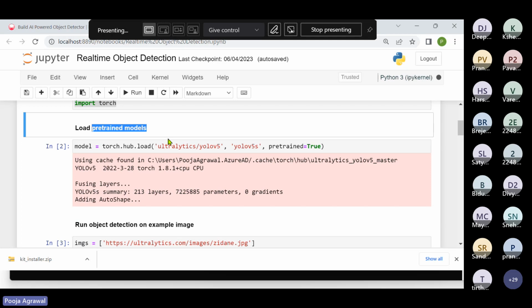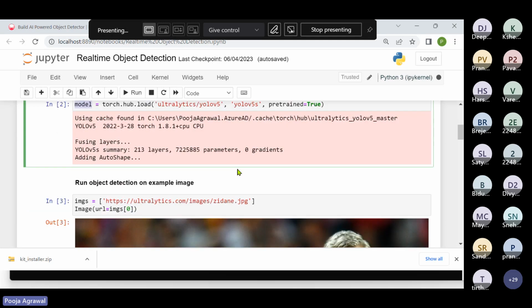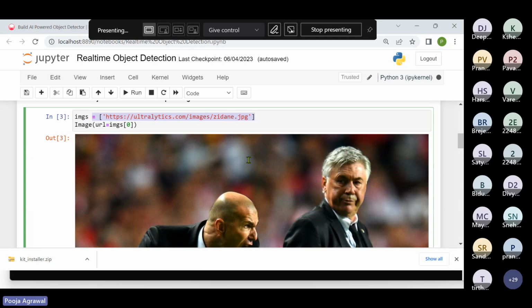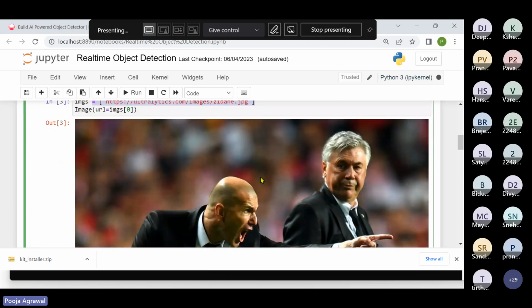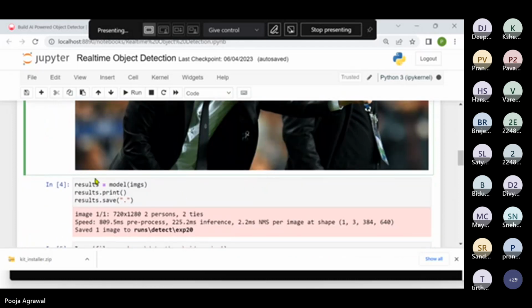So from torch.hub.load, and Ultralytics is the name of the organization which has created the YOLO version 5 model. We use this model, load it into the variable called model, and then we pick up a common image from the Ultralytics website. And this is the image. We want to locate people, or let's say locate the objects in this image. So when you run it,